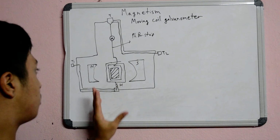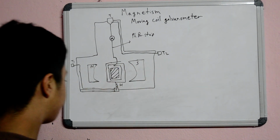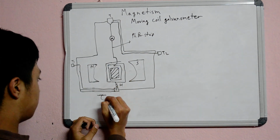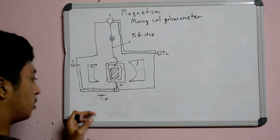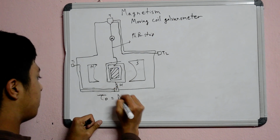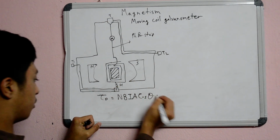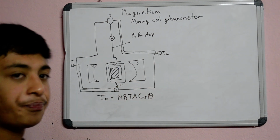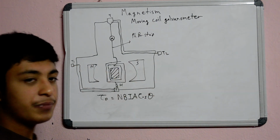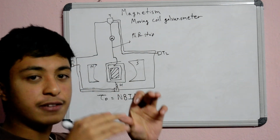And here let's talk about the torque experienced by the current first. So we'll write it T D. So this is the torque due to deflection. So we know this is NBIA cos theta. Now here, what is cos theta? Now, due to the shape of this magnet and the current going through the coil, the lines of magnetic field are radial